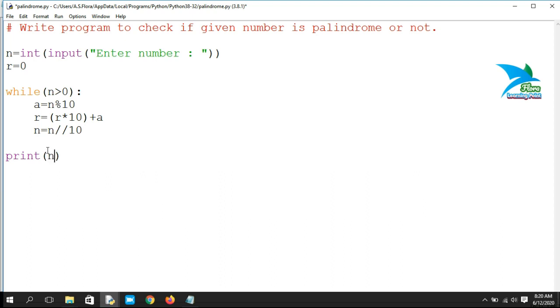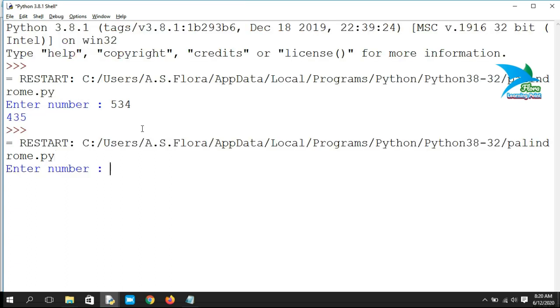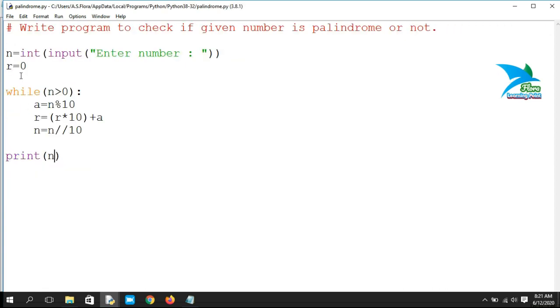For example, if I print the value of n, the entered value is 123, and after the completion of the loop, the value of n is 0.